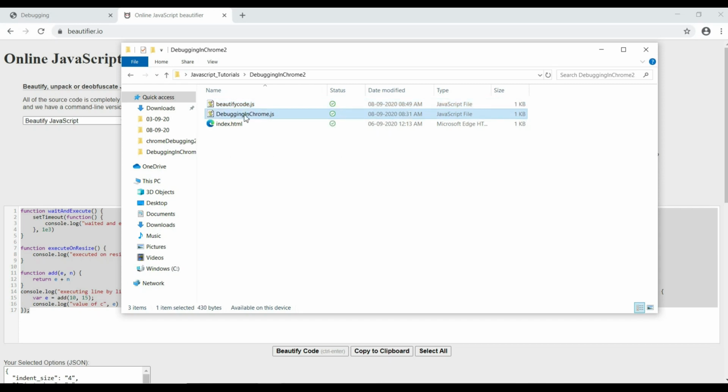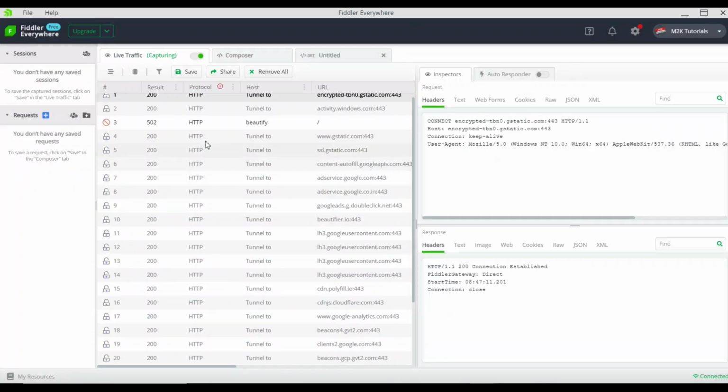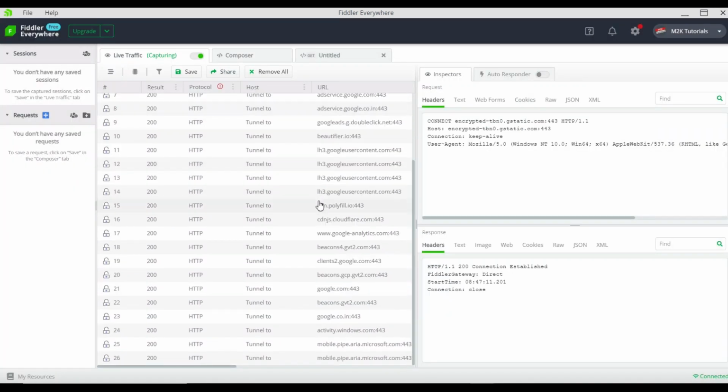Now if you go to the Fiddler, whenever it opens, you will see a lot of HTTP requests it will track. So what Fiddler does is track your HTTP and HTTPS traffic, okay, and it will list all of those.